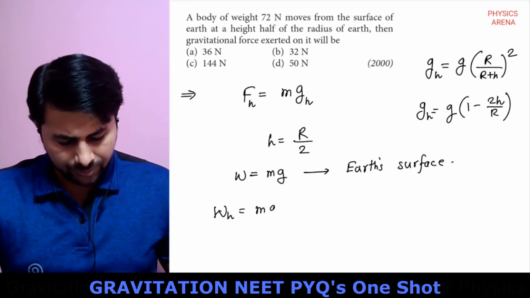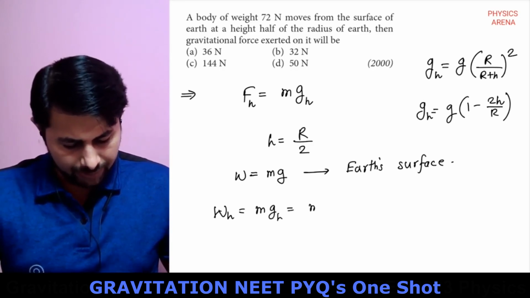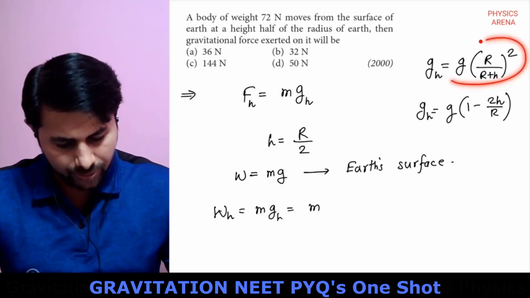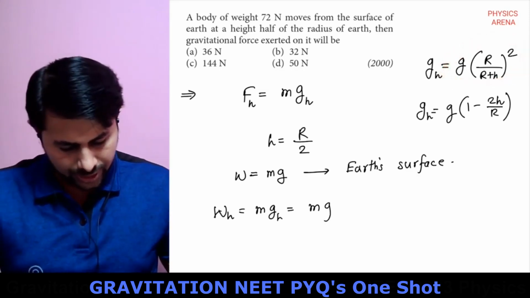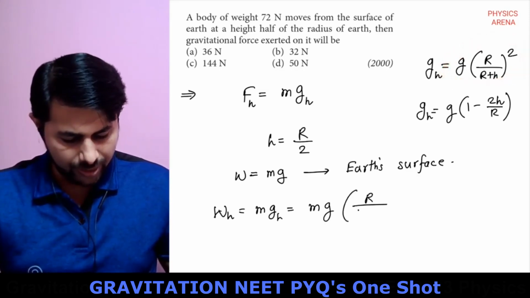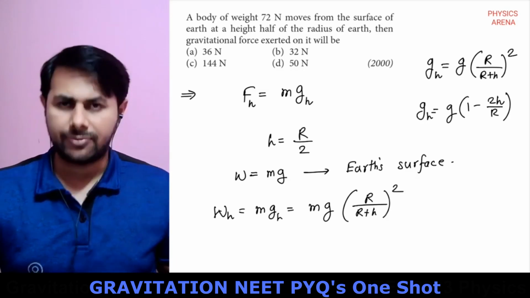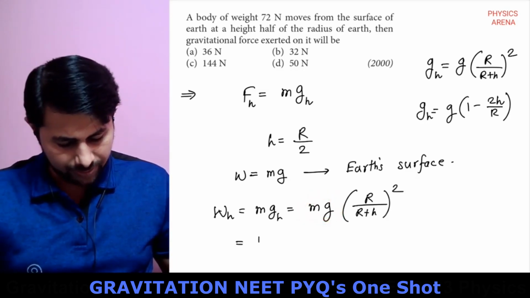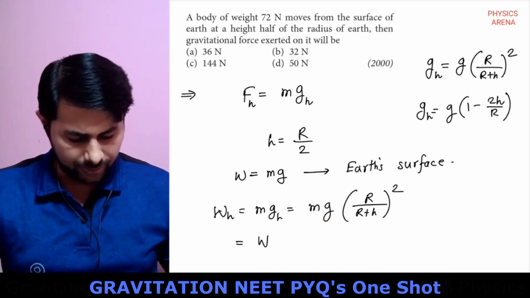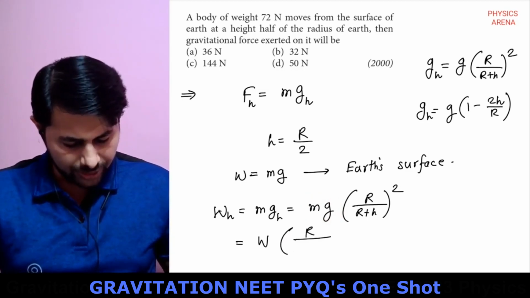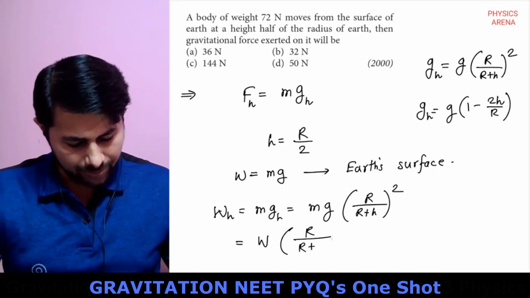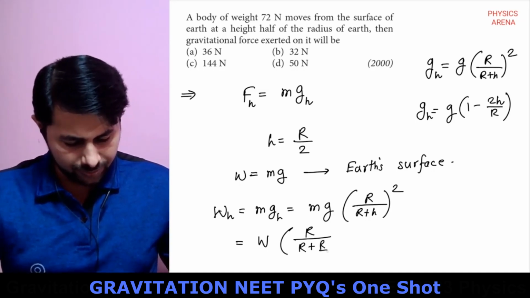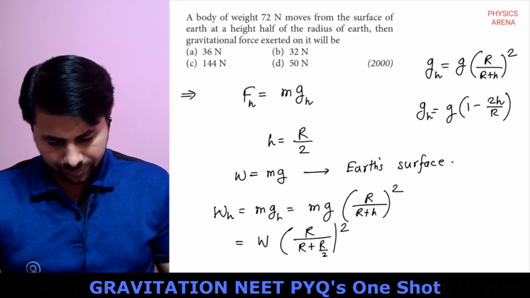Okay, so m into gh, which is m multiplied by, we'll use this formula, g multiplied by r upon r plus h whole square. And what is mg? It is weight on earth's surface. So let's call it w. So let's put h, so it is r upon r plus r by 2 whole square,